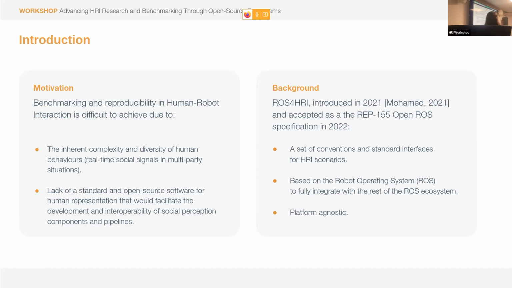But it's a starting project, and the aim is to grow it with the community. As the name suggests, it's based on ROS, because most of us work with ROS, and as researchers we need more tools to be able to use ROS in a more efficient way. What's also very important, as we mentioned this morning, is that it is platform agnostic.